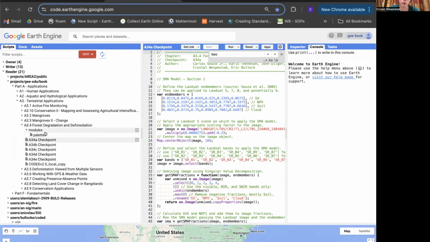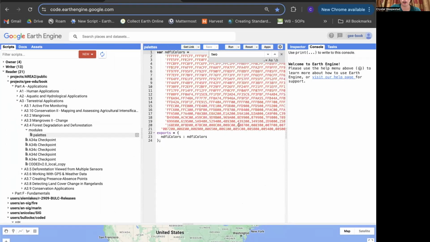There's also a module with a palettes script, which is just some referenced code for this very large color ramp that will be used in the visualization. You don't need to mess with this one at all. It's just referenced. And then there is a local version of the coded repository or the script for coded, which